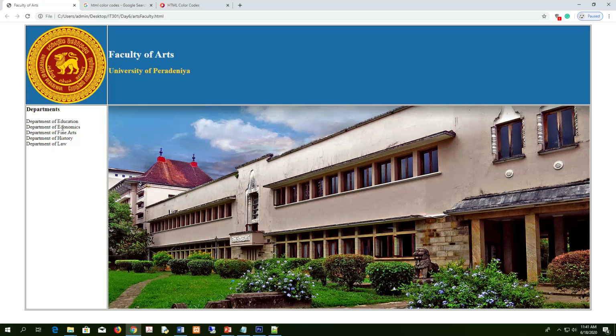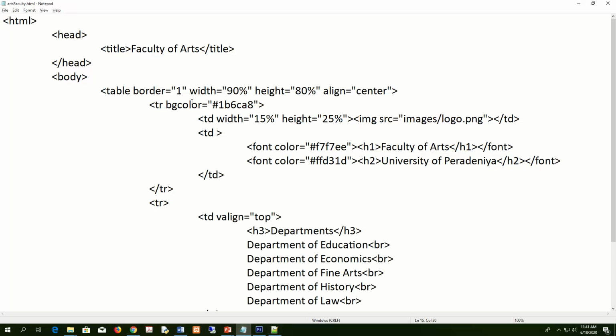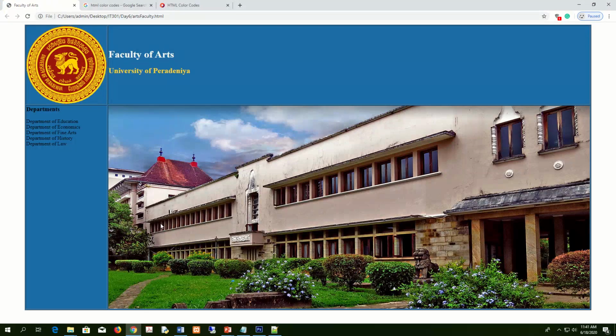Here also you can set the blue color, the same color. If you want, you can set this color for the background of the table. So here we can set this color for the background of the table. That's all. Now you know how to do this. If you want, you can